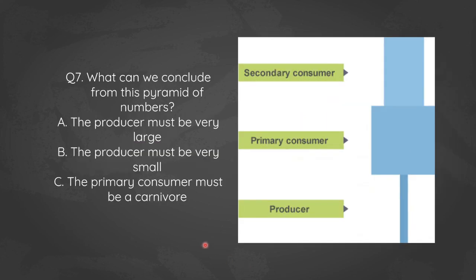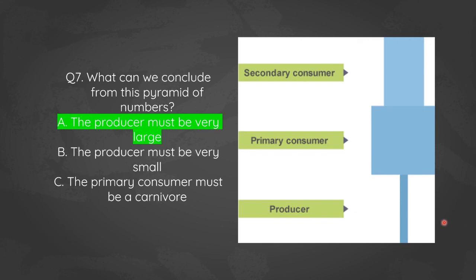What can we conclude from this pyramid of numbers? A, the producer must be very large. B, the producer must be very small. C, the primary consumer must be a carnivore. So A is correct. Now we know that normally the larger number of organisms will be found at the bottom